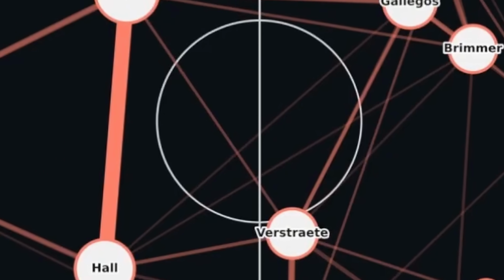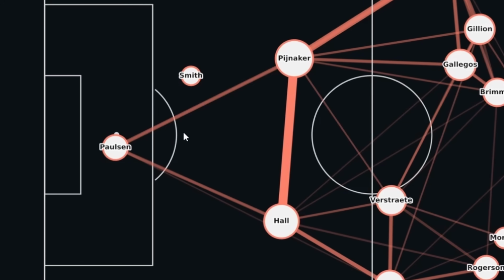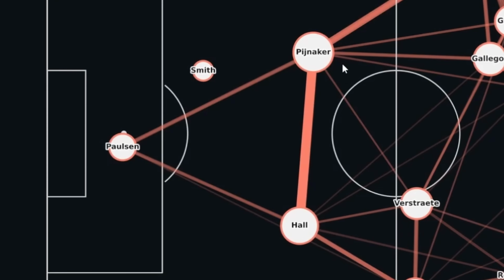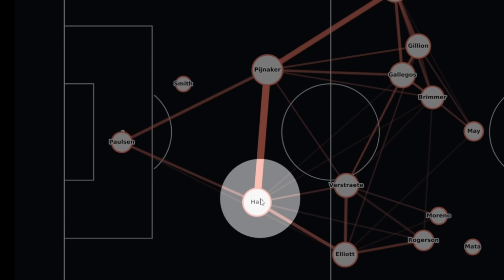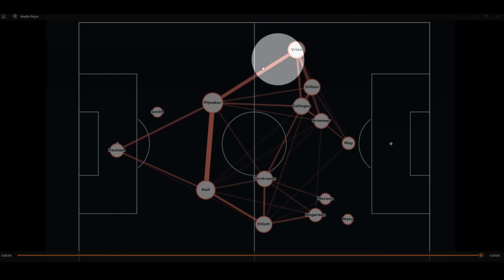Okay, so what is a pass network? At a basic level, it's a visual map of how players connect to each other through passing. Each player is represented by a node, and these nodes are placed based on where the player tends to receive the ball or play the ball on average. Then the lines are drawn between two players to show passing connections. The more often that two players connect, the stronger or thicker the line can be. So instead of just looking at a spreadsheet of passes, what you get is the team's total structure relating to